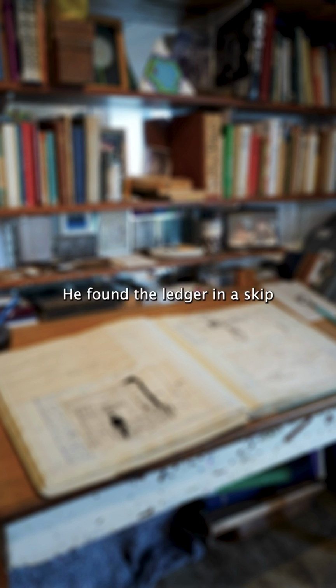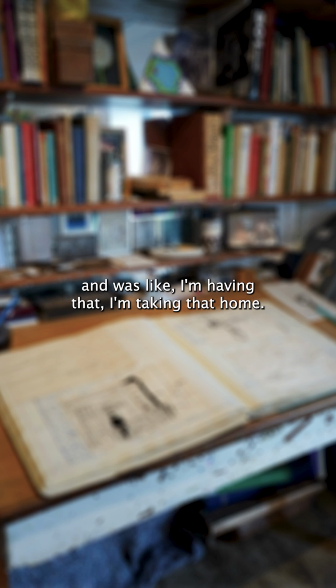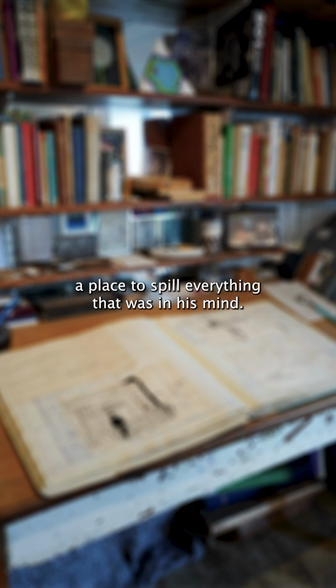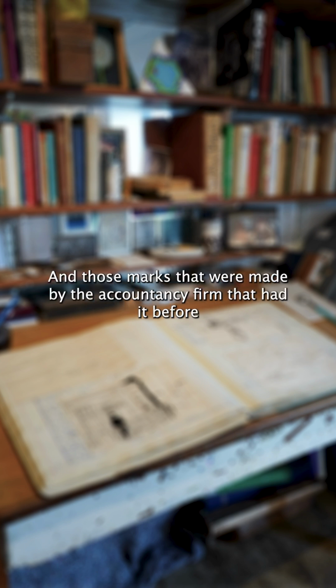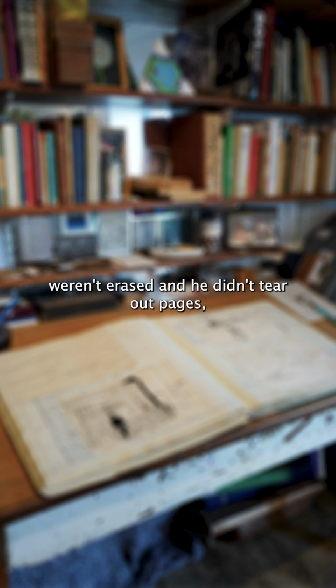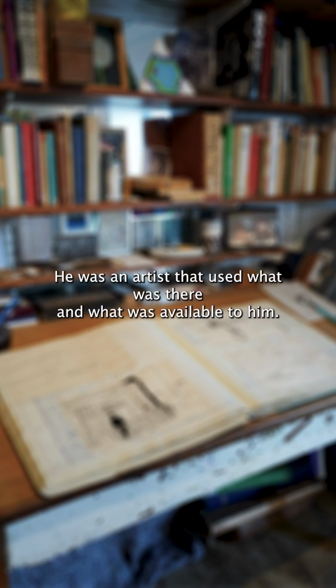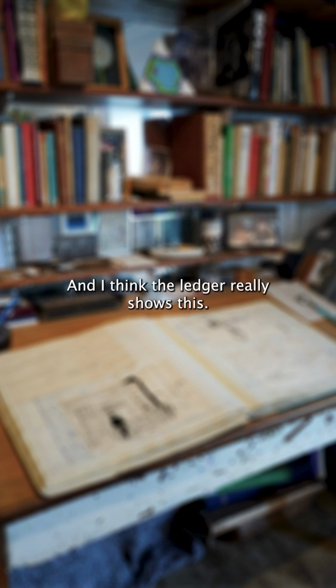He found the ledger in a skip and was like, I'm having that, I'm taking that home. And it became this massive workspace and sort of a place to spill everything that was in his mind. And those marks that were made by the accountancy firm that had it before weren't erased, and he didn't tear out pages, but blank spaces were blank spaces and he chose to fill them. He was an artist that used what was there and what was available to him, and I think the ledger